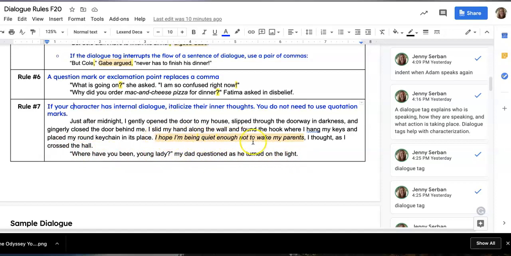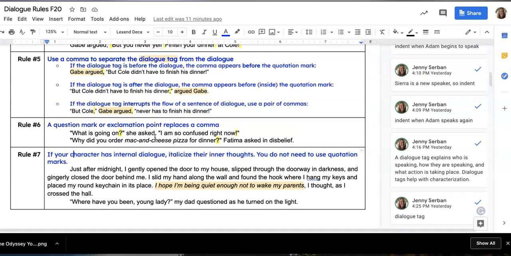Okay, so this internal thought, notice there are no quotation marks around it. It's just in italics, but you still say, I thought, to indicate to the reader that it is your thoughts in that moment. Sometimes people will not put "I thought" if this is a standalone, and if that ever comes up in your narrative writing, I can talk to you about how to handle that. But these are just the basic 7 rules.